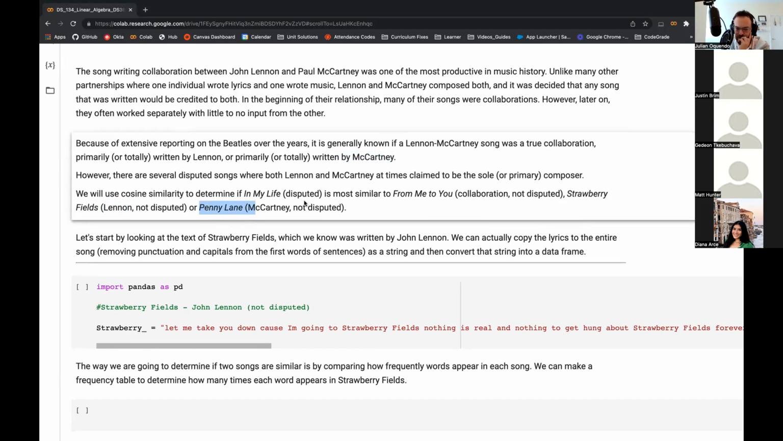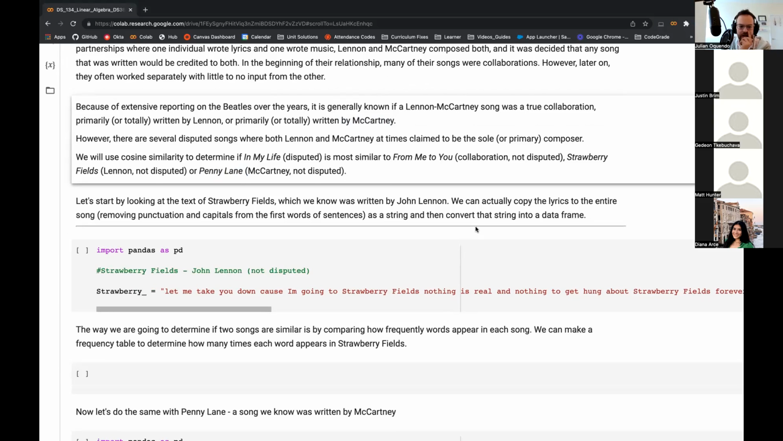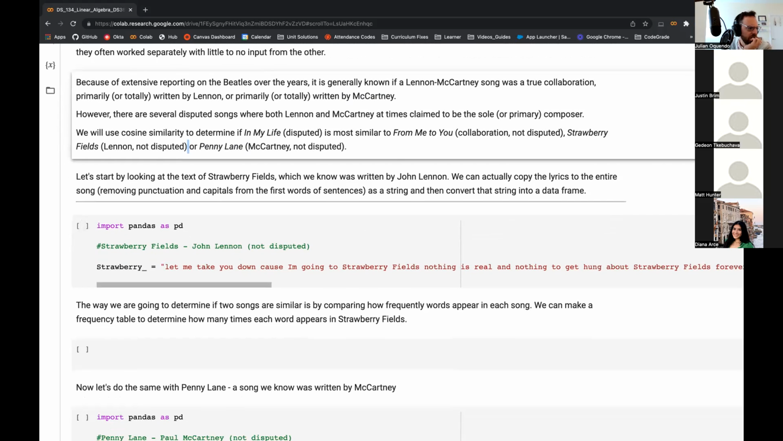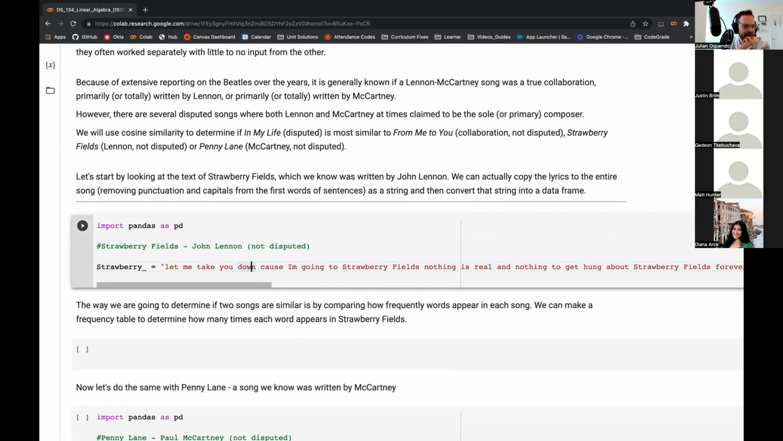This is not disputed. So we can take the text of one of the songs that was written by John Lennon and copy the lyrics of the entire song. We'll remove punctuation and make them all lowercase and determine whether the song that is disputed, In My Life, this is the disputed song, to see which one of them might have actually written it. Let's start off by taking the values of the song